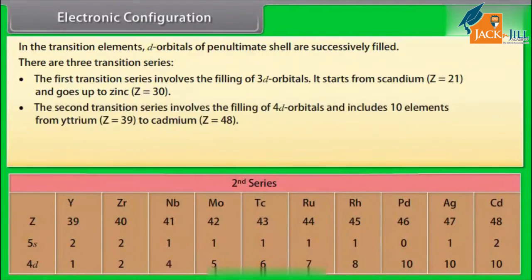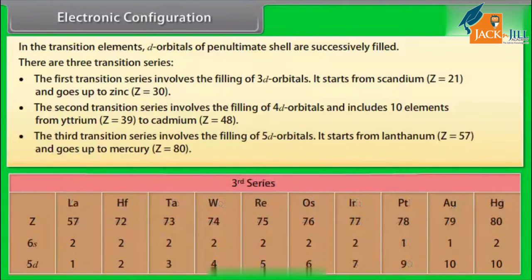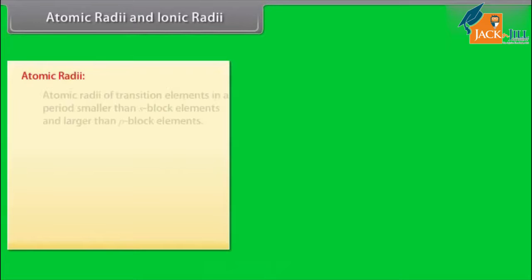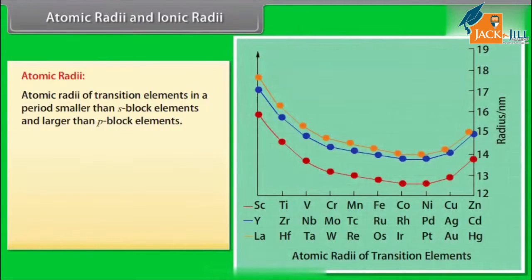The second transition series involves the filling of 4d orbitals and includes 10 elements from yttrium to cadmium. The third transition series involves the filling of 5d orbitals. It starts from lanthanum and goes up to mercury. Atomic radii and ionic radii. Atomic radii. Atomic radii of transition elements in a period are smaller than s block elements and larger than p block